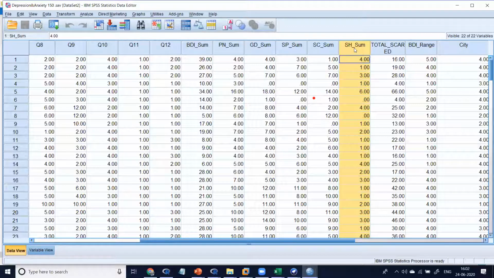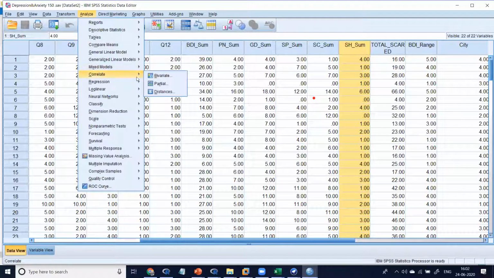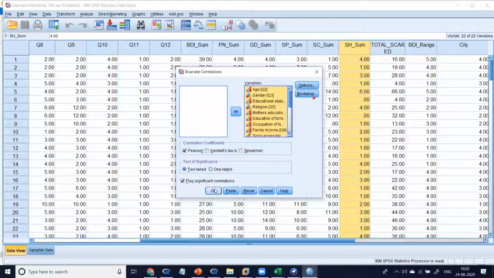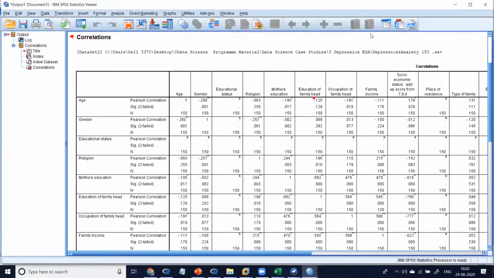It's a kind of depression. What is the root cause? What is the relation of these variables? Analyze correlation by bivariate. The bivariate is again a mathematics and statistics link-up. Using bivariate for all these variables, click it, and you can see amazing correlation in your data.